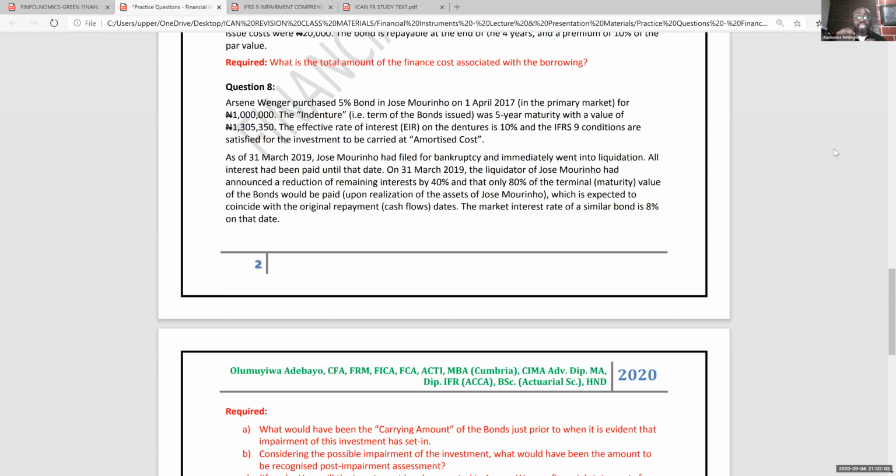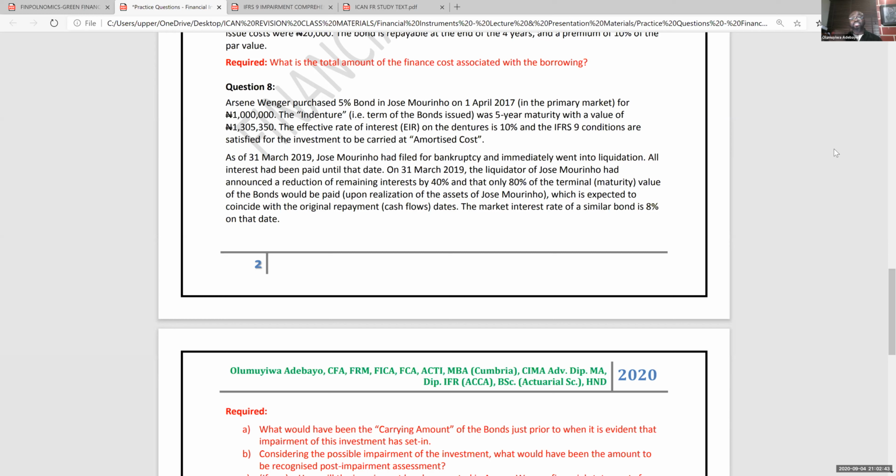Now, the effective interest rate, EIR, on the debenture is 10%. And the IFRS 9 conditions are satisfied for the investment to be carried at amortized cost. As at 31st of March 2019, this is exactly 2 years after, because the year runs from April to March. 1st of April 2017 to 31st of March 2018 is year 1. 1st of April 2018 to 31st March 2019 is year 2, which means within the space of 2 years,